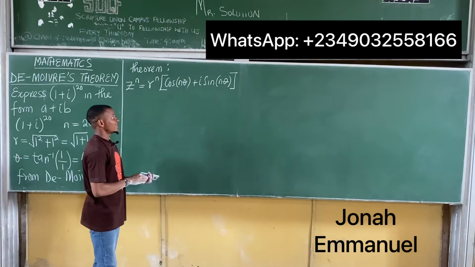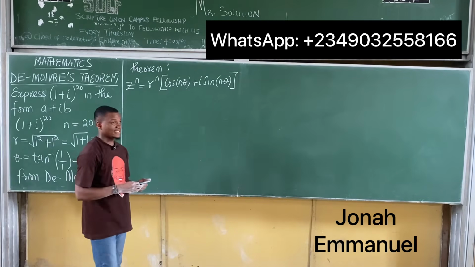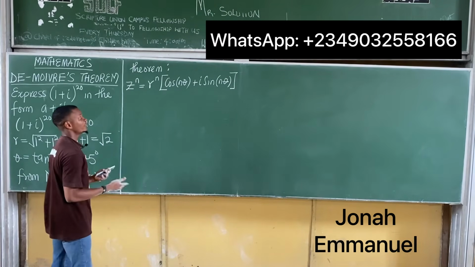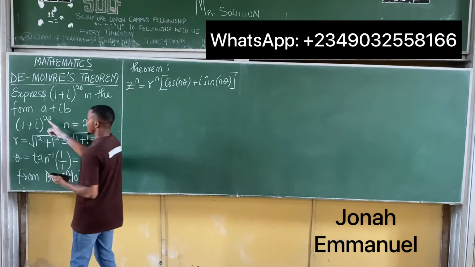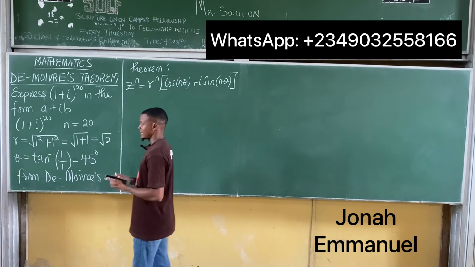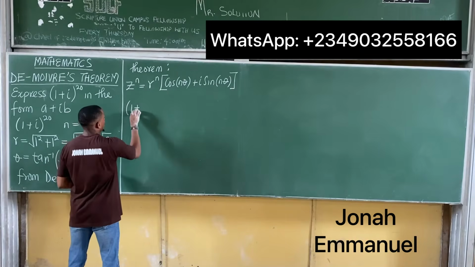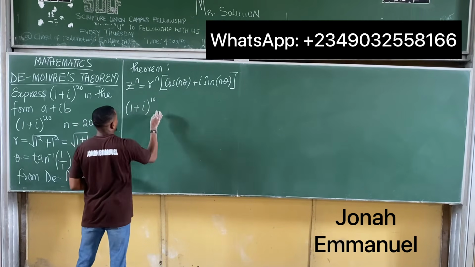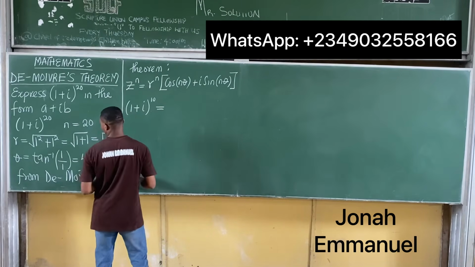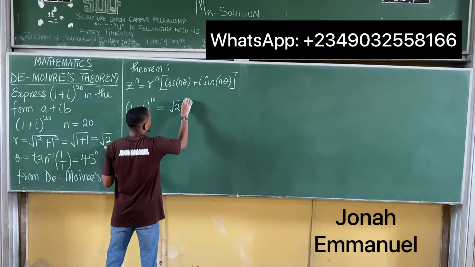In our first example, we said let's convert theta to pi and work with radians. But in this case, if I work with pi or radians, I won't get my answer in this form. So to get my answer in this form, I have to work with degrees. That's the idea, work with degrees. So 1 plus i to the power n, that's 10, will be equal to r, which is root 2, so root 2 to the power 10